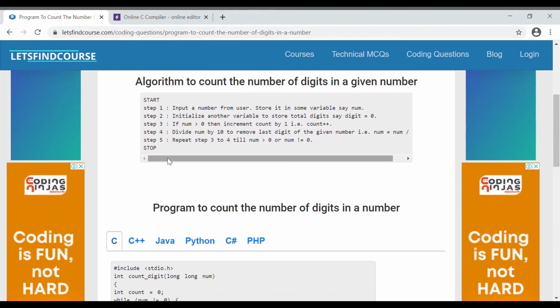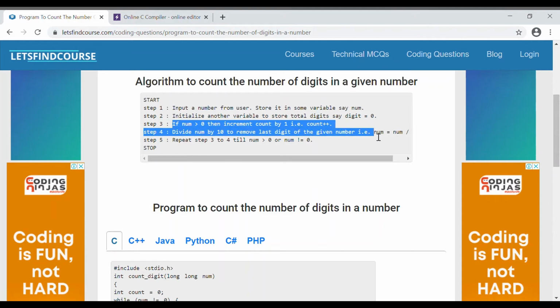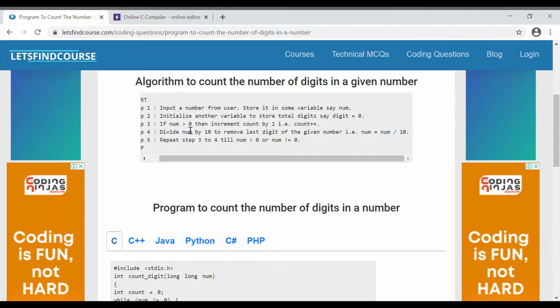So let's look at the algorithm. What the algorithm says is, initialize a number, storing it in a variable num. Either you can take it from scanf using user input, or you can statically define that number. Next, we will initialize one variable which will store our result. Then our looping will start, and we will increment our result count and divide the number by 10, and assign that to the same number, right?